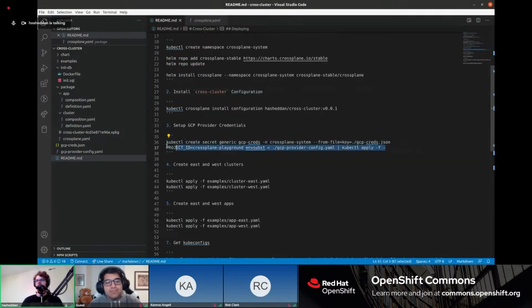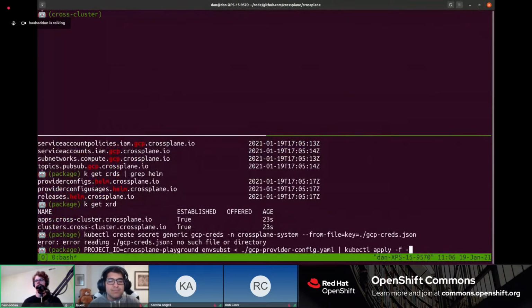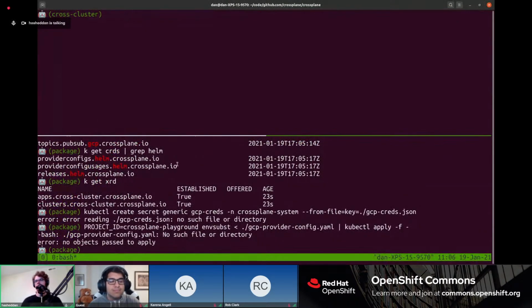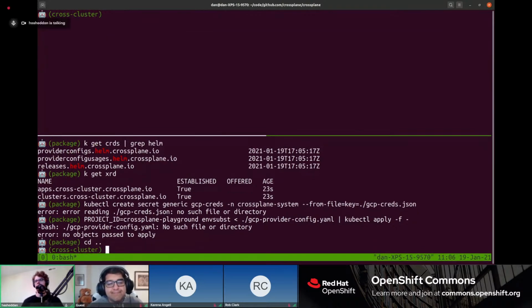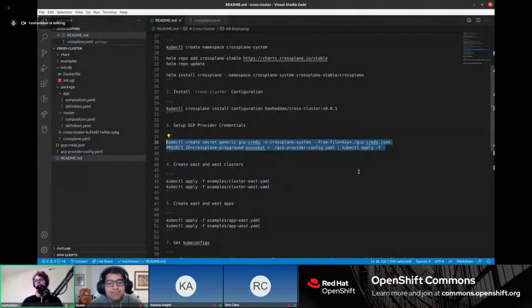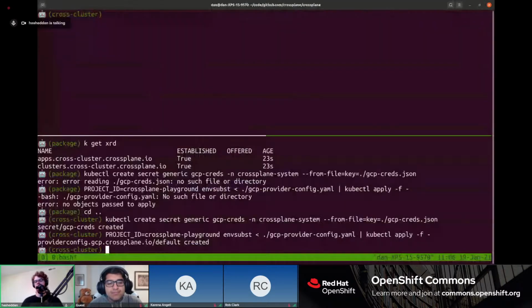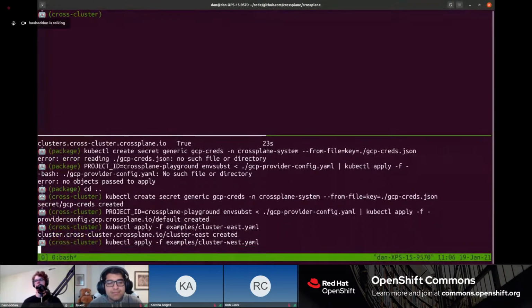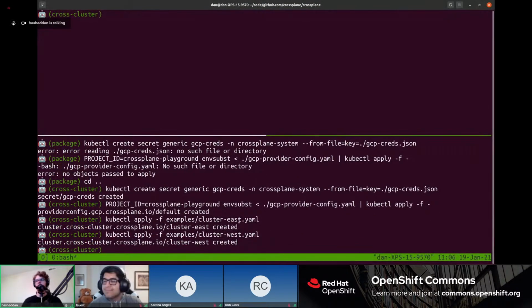All right, so like I said, we're just going to do a few more things before we jump into more information on Crossplane. What I'm doing here is just creating my GCP credentials in the cluster so that Crossplane has access to actually talk to GCP. Let's see if I need to do that again. Here we go. All right, so that should be all set up. And let me create these clusters, and then we'll be done for now. All right, so you'll see I created an east cluster and a west cluster, and we'll come back to the